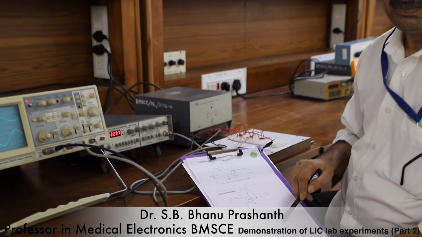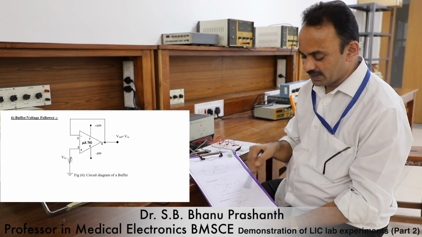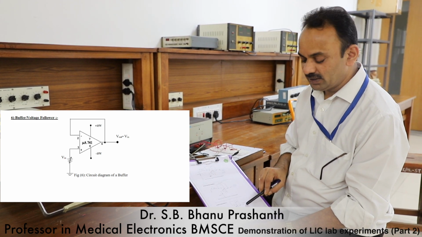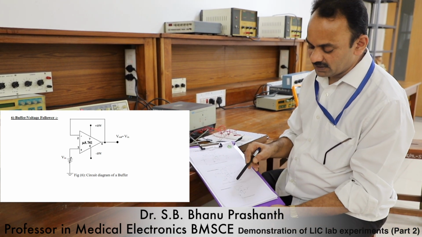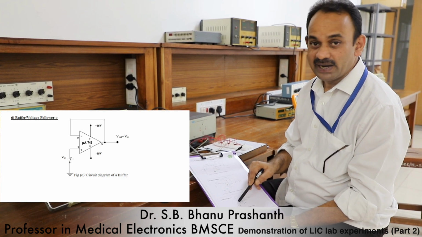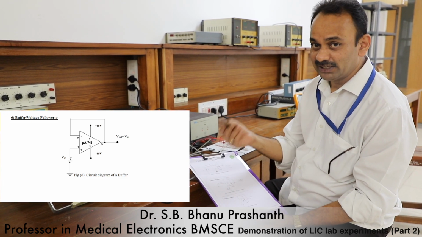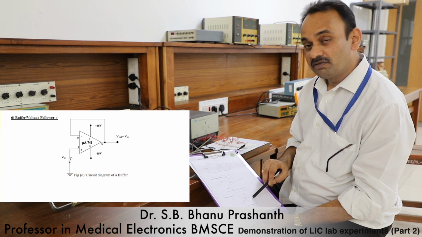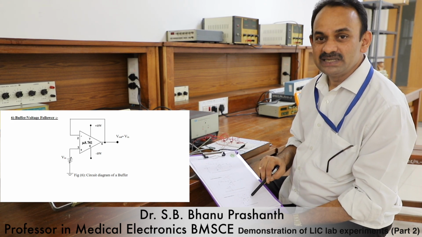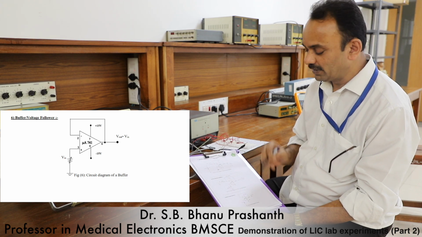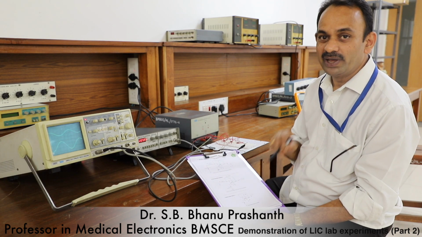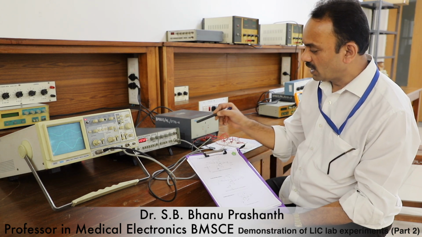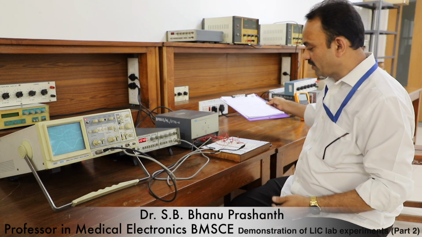Then you know the wonderful application of the non-inverting amplifier, which is as a simple buffer or a voltage follower, which produces V0 equals Vin. As we learned in the theory class, it has an input impedance Ri into 1 plus A beta that will run into giga ohms, and we'll have R0 feedback equals R0 divided by 1 plus A beta, which will run to a few microohms or milliohms, right? So this is used to prevent loading effect and things like that. So let me demonstrate all the 3 experiments now, and let me explain the circuit setup that we have here.